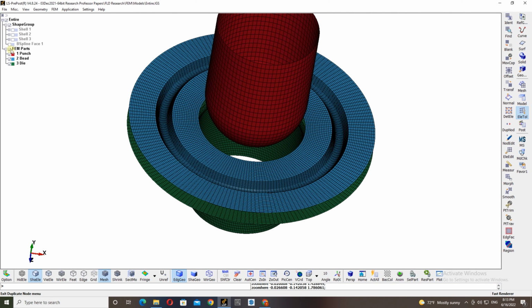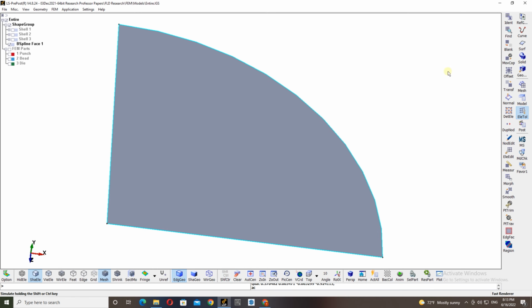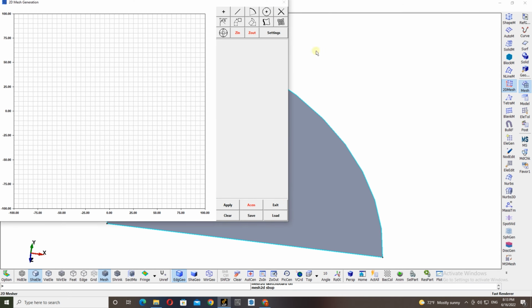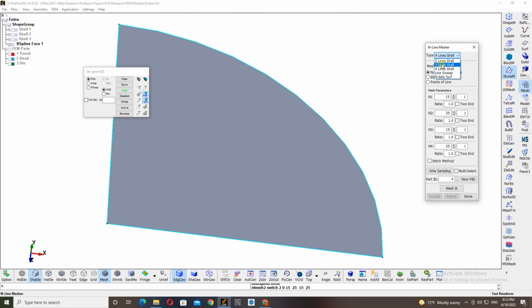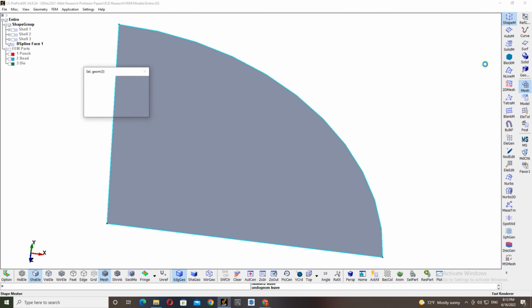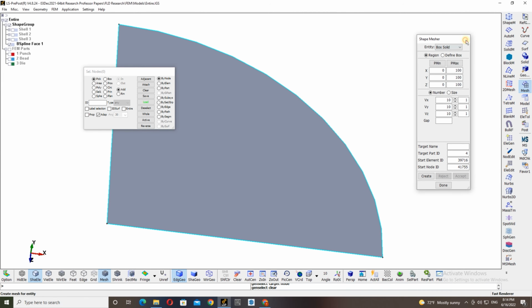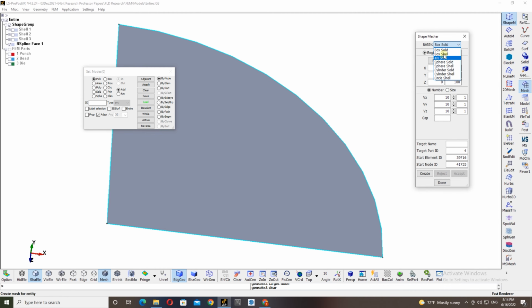And what about the blank tool? If you try to use the same option here like we did with the other parts, choosing the three line shell, you might experience an unstructured mesh. I don't want my part to have an unstructured mesh. So what I'm going to do is choose the shape measure tool here. From the shape measure tool you can make many mesh objects, but our object is a circular shell. Just click circle shell, and then